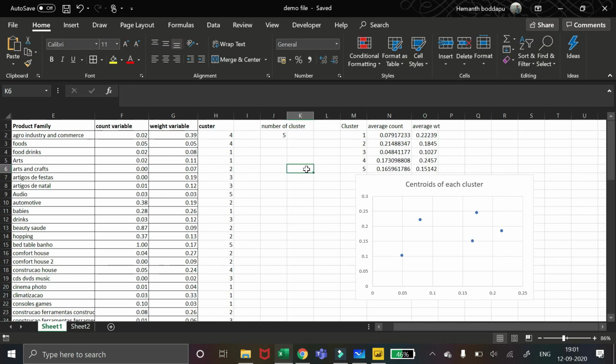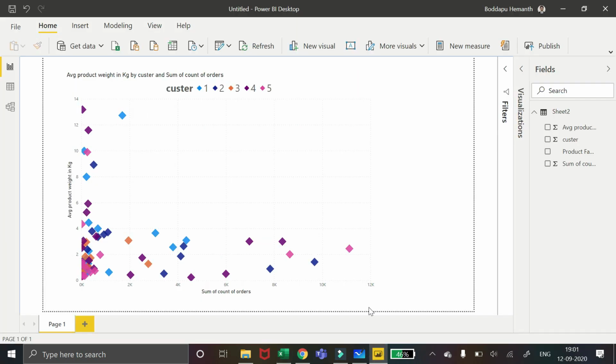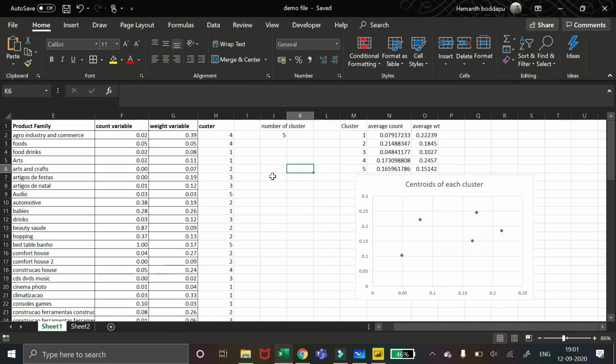To help you understand our process better, I have linked the data to a Power BI scatter plot to see how the clusters are. So right now you can see, since we have randomly assigned the clusters for each point, they are scattered pretty randomly. Here you can see the first cluster is all over the place, and the second cluster is also all over the place. This is because we did it randomly. In the further iterations, you will see how this clustering progressively happens.